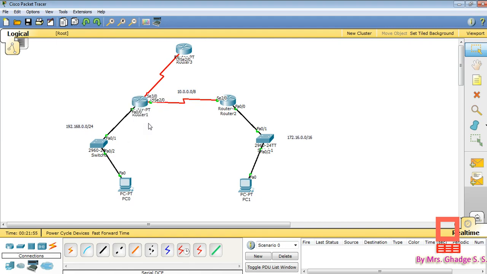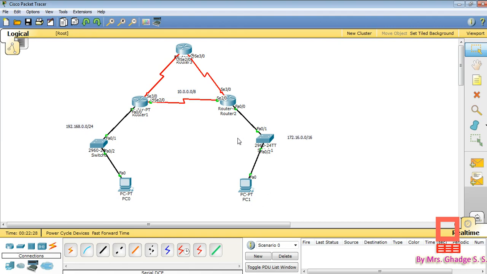Suppose it is connected to router 1, and router 3 is again connected to router 2. From PC0 to PC1 there is one path: PC0 to router 1, router 1 to router 2, and router 2 to PC1. When we take this router 3, we have one more path: from PC0 to router 1, to router 3, to router 2, and to PC1.